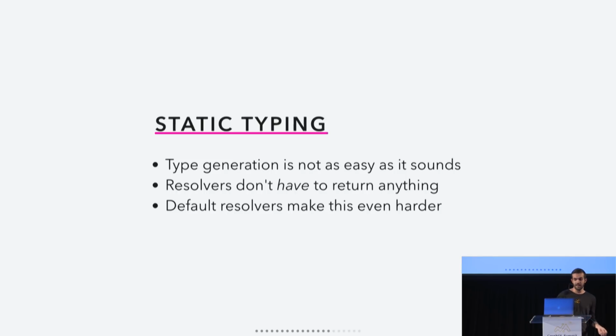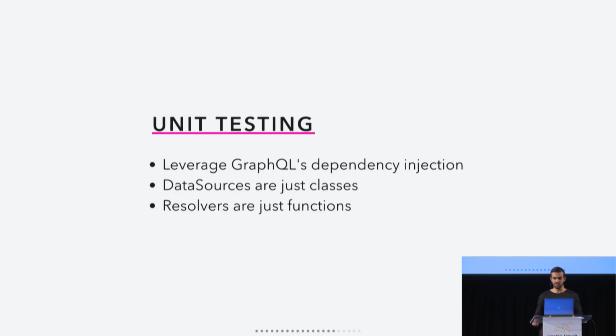They can return anything, and it's really hard to generate types automatically for that unless you enforce some restriction saying like an object type has to return a JavaScript object in the shape of the type that it's returning, which you can do. Like that's fine, but default resolvers also make this hard. Like if you were to return that from a parent and you just return the correct shape and not provide those child resolvers period, then you don't have to type them because they don't exist, but you do have to type the parent correctly. So you have this weird world where you can kind of do anything you want with the resolvers.